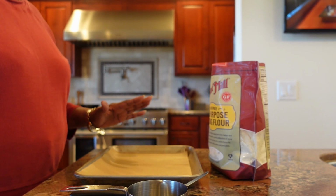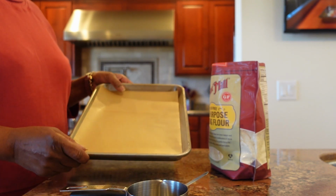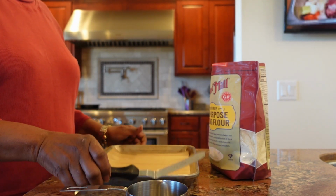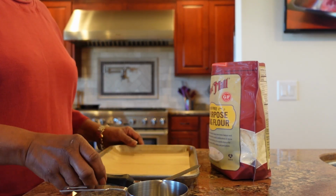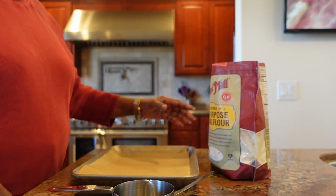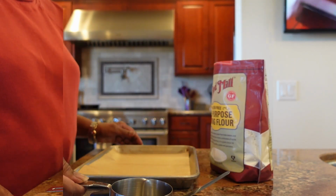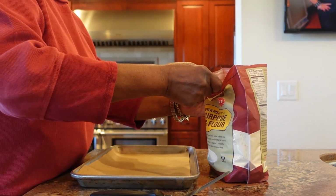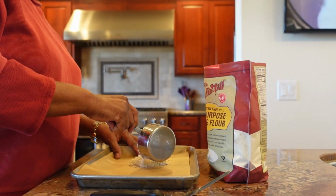The only pieces of equipment that I need is a baking sheet, which I've lined with some parchment paper. I've got an offset spatula, and that's just to even out the flour on the baking sheet, a measuring cup, and my gluten-free flour. I'll start off with 1 cup of flour